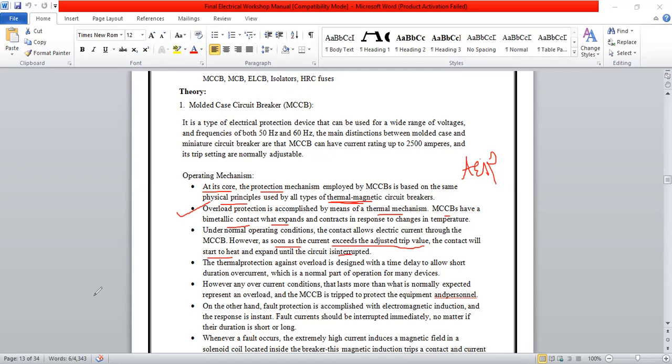When the circuit is interrupted, that means the current flowing through that circuit breaker breaks. So this circuit breaker operates and keeps the remaining system safe as compared to the faulty system. It isolates the faulty part and saves the remaining system. Okay, now the thermal protection: its principle depends upon temperature.